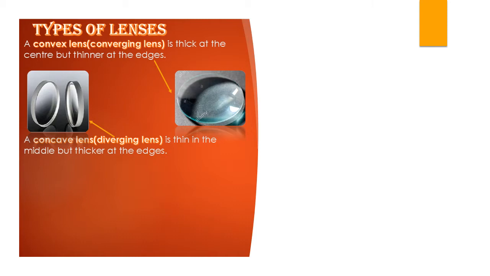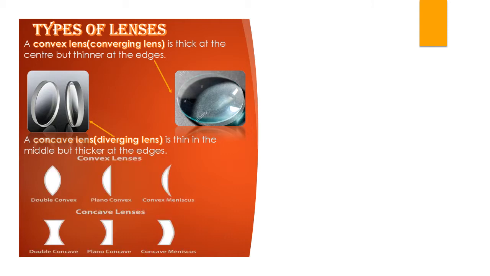Types of lenses. Children, which are the two types of lenses? Yes, convex lens and concave lens. So what is a lens? A transparent material bound by two surfaces, of which one or both surfaces are spherical, forms a lens. This means that a lens is bound by at least one spherical surface. So in such lenses, the other surface would be plane. You can see here a plano-convex lens, then a plano-concave lens. One of the surfaces is plane. But in this chapter we will be studying about double convex and double concave lenses. So you can see in the figure how a convex and a concave lens look like. You have seen them in the lab also.